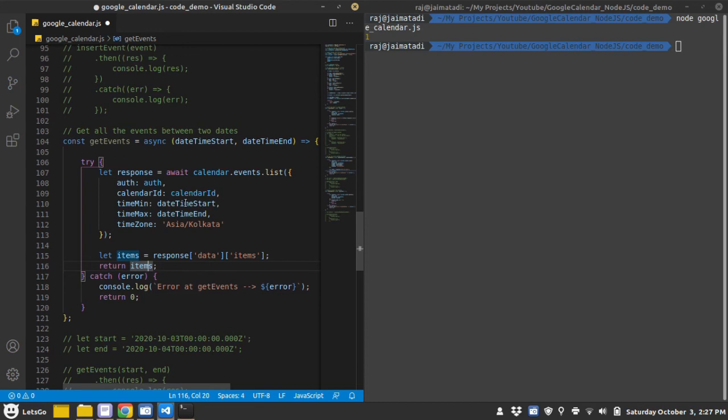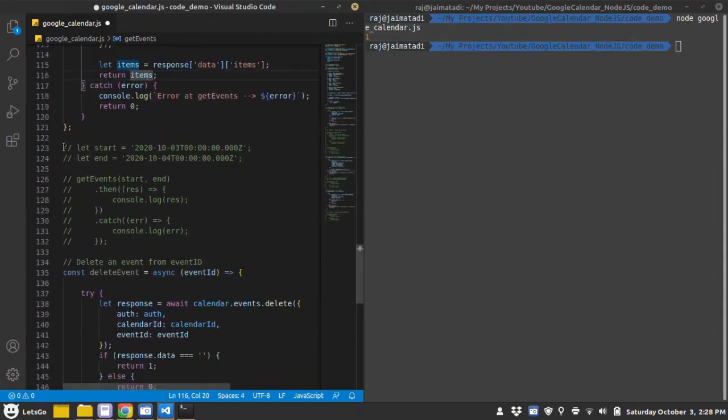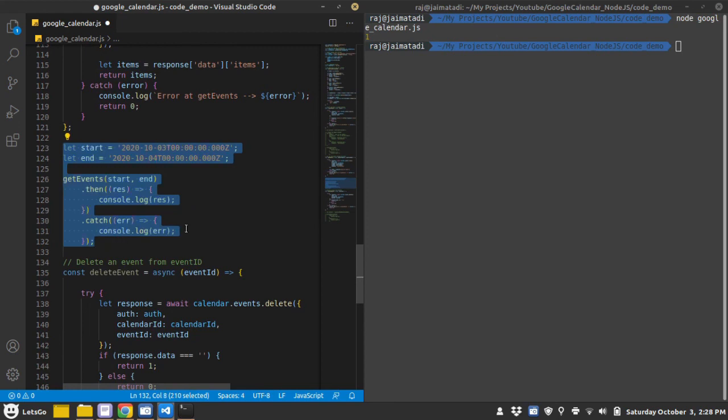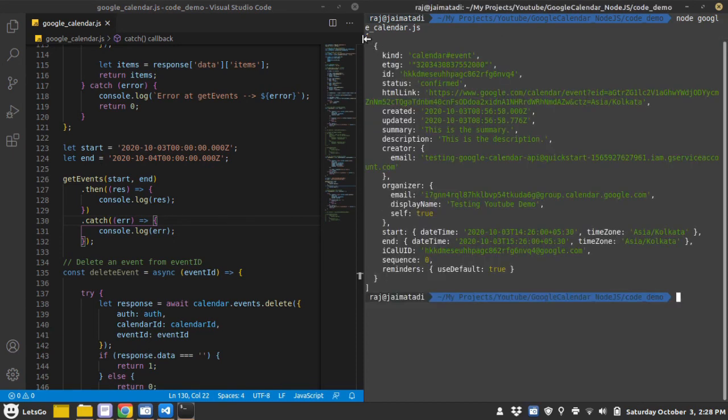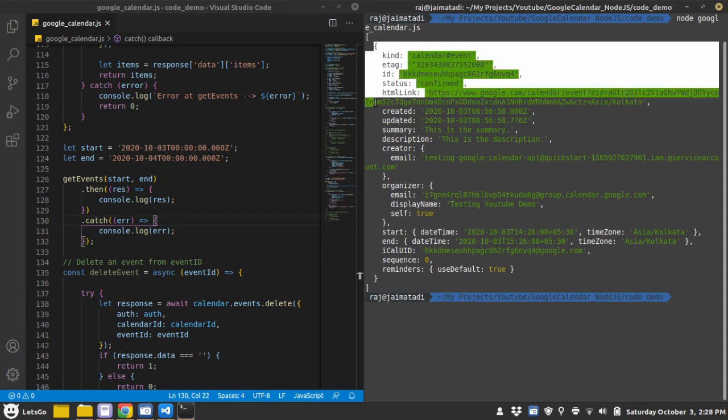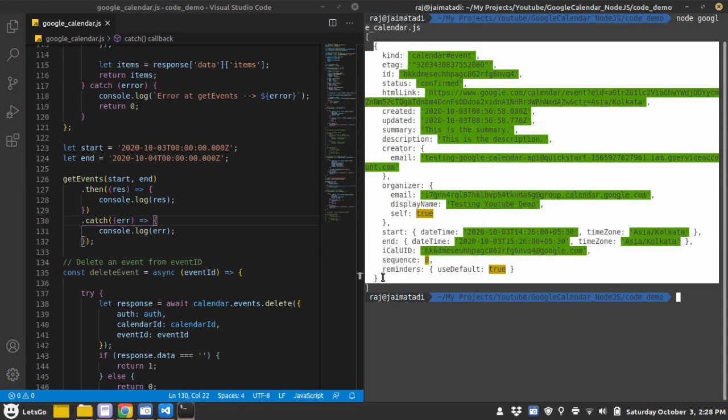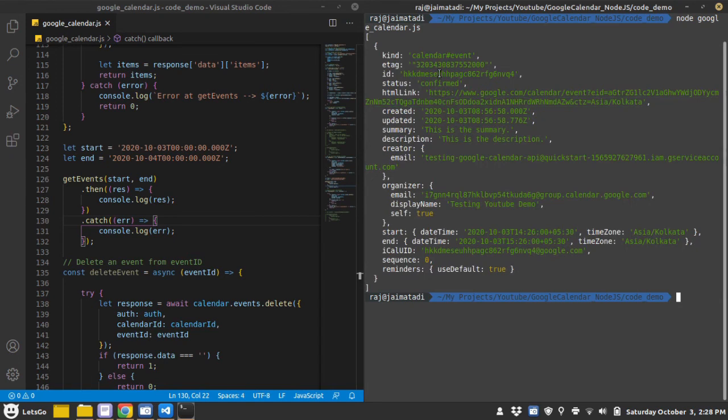This requires a start time and end time, and this API will return all the events within that time frame. So let's run this. This is the start time and this is the end time. I'll pass this and let's see what happens. So this is a list of events, and this is the event. Now this is the event ID.